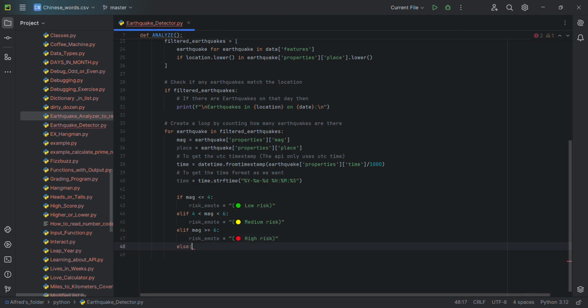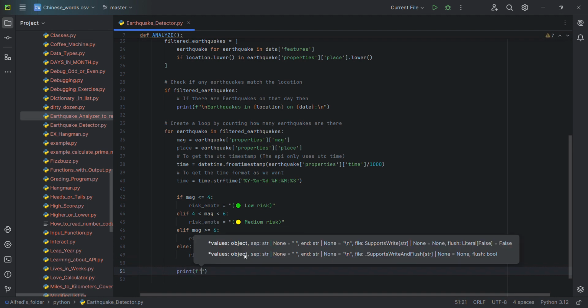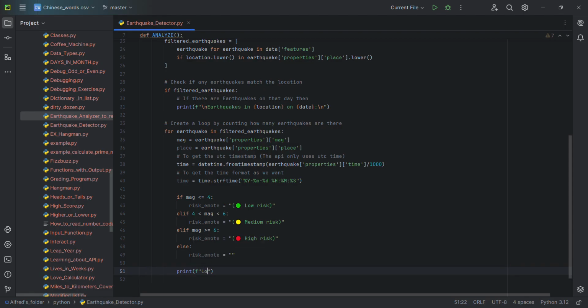Else, risk emoji is not. This can't be true because if it is more than 6, then we're in higher risk. Just to make sure there's an else. And then let's print the location